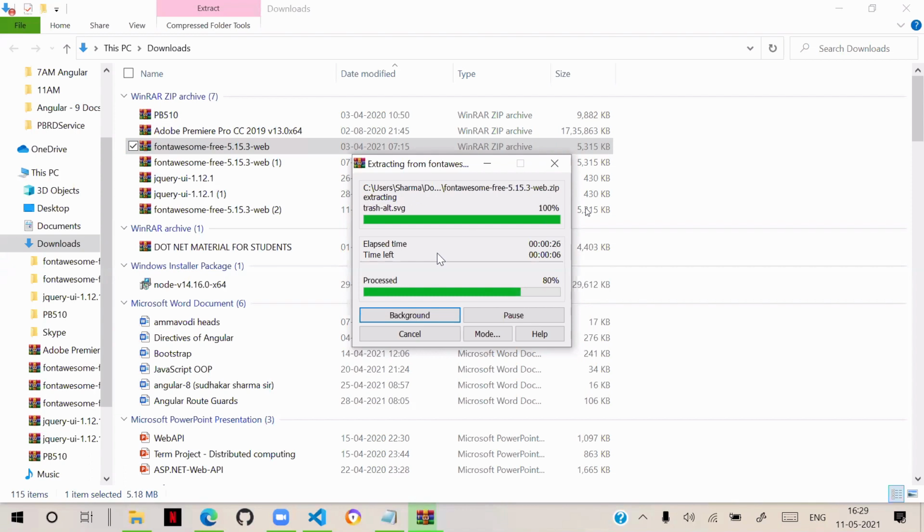Later in future, you will learn other techniques like downloading them by using NPM-like software. We will learn about that and we will see about that. So initially,